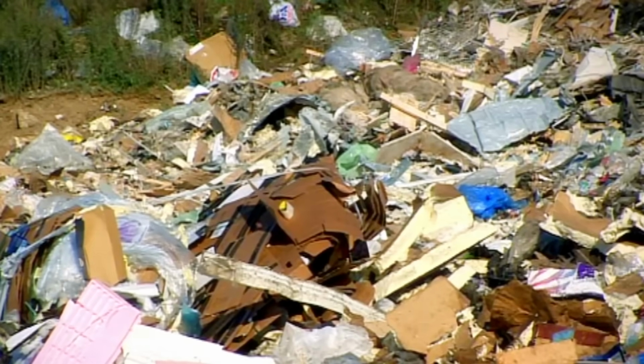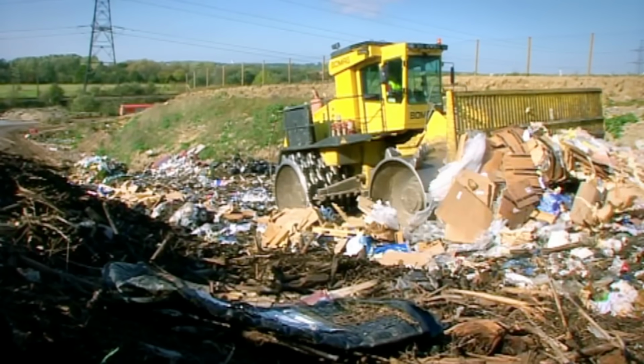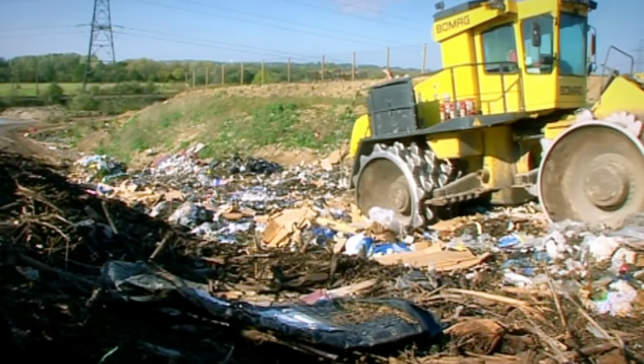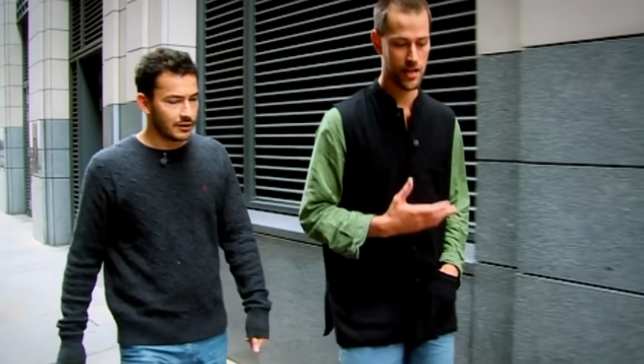One of the solutions is to intercept it between the bin and the landfill and eat it. And that's what Freegans do. So I'm going to get one of these Freegans to help me make a three-course meal using food found in bins. It all started, I think, when I was breeding pigs, and I realised then...